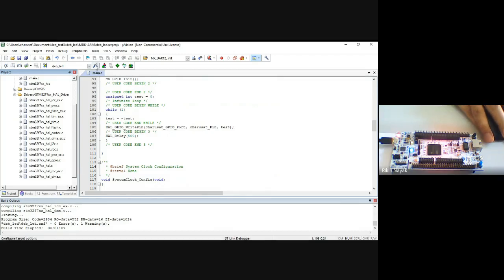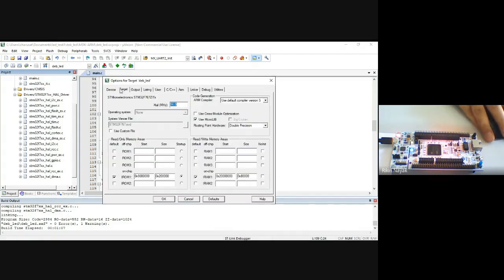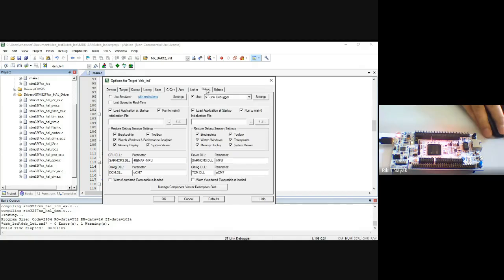Now in settings you can check whether hardware is connected or not. Here in the image you can see hardware is connected using this USB cable. We are using the ST-Link debugger, right?